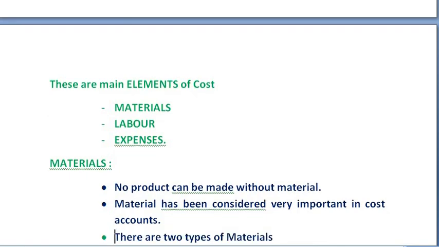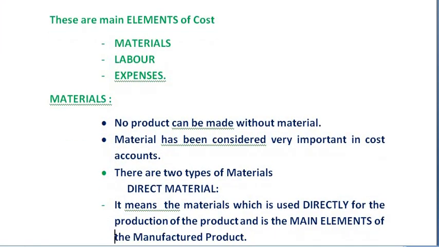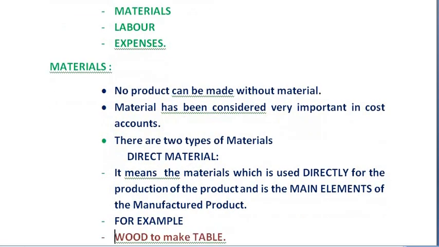When you are doing a production, without material we can't produce a product. So material is one of the important elements in production. It carries a larger percentage of expenses among the total cost. There are two types of material: one is direct material, another one is indirect material. Direct material is nothing but the material directly involved in manufacturing or producing the product. For example,